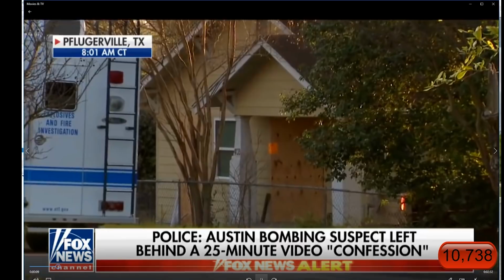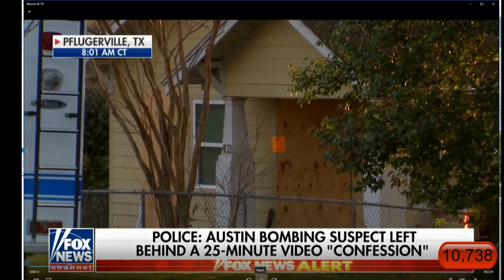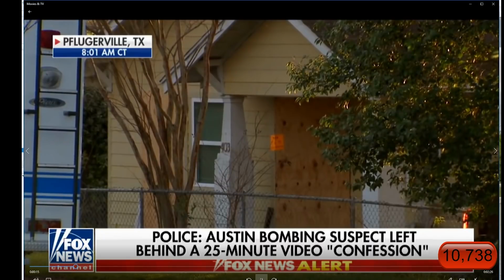Up. The ATF truck still outside. We are told by the police that inside that home they found components for bomb making, components that match those used in the...